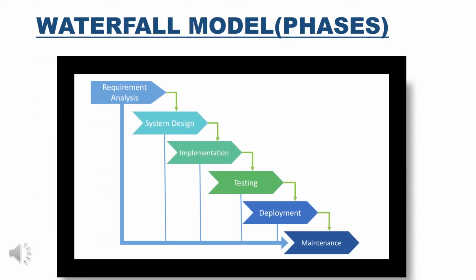So this figure explains the various phases of the waterfall model. First phase is the requirement analysis. In this phase, the developer or the senior team members capture all the requirements of the user, and based on these requirements they create a document which is also known as SRS, and they conduct a feasibility study which tells whether it is practically possible to implement that process according to the user's expectations or not.